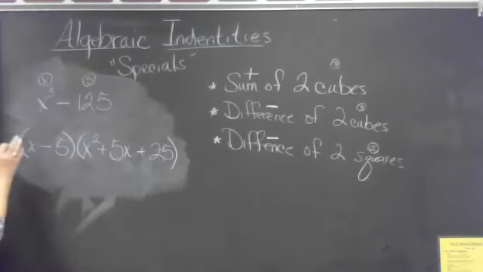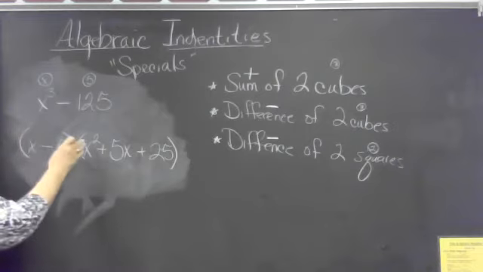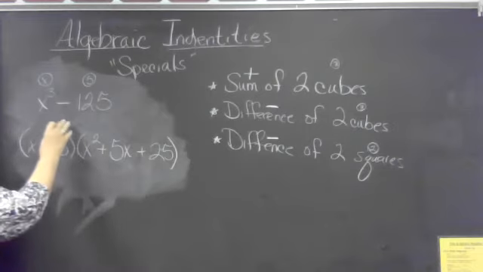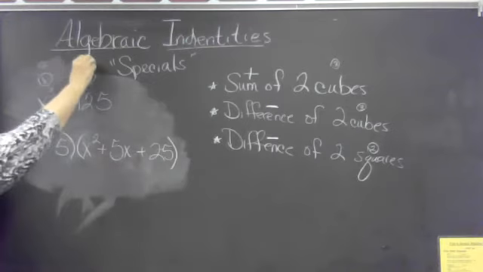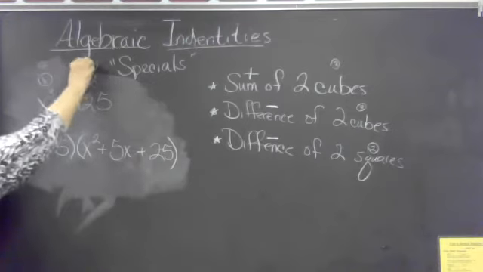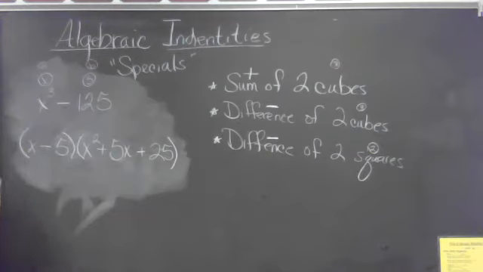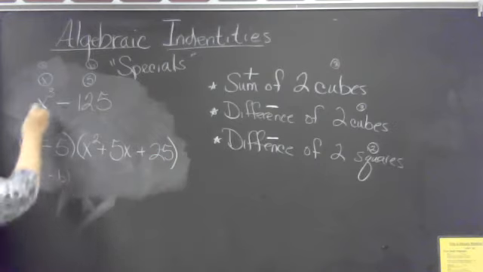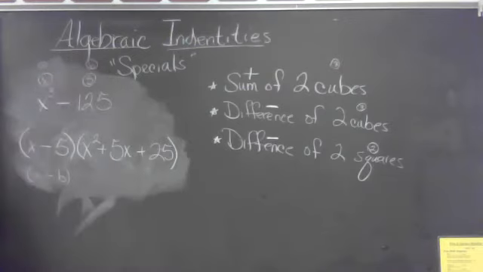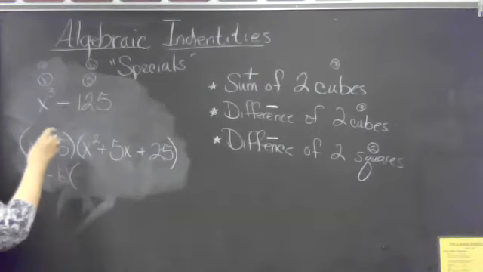I don't know if this will help or confuse you more, but your reference sheet calls this first one A and the second one B. So the pattern that they showed you is you take the first one minus the second one. I call this first and second, because if you call it A and B, it kind of messes you up. And then it says, take the first one